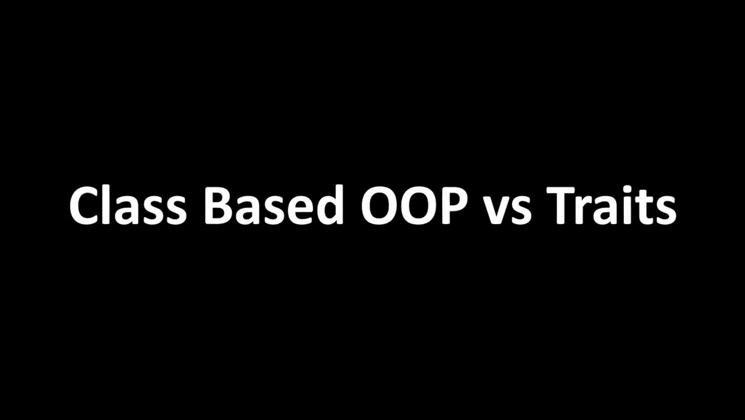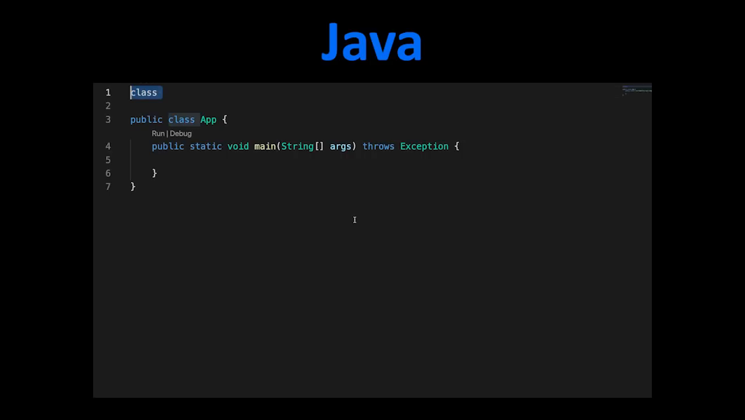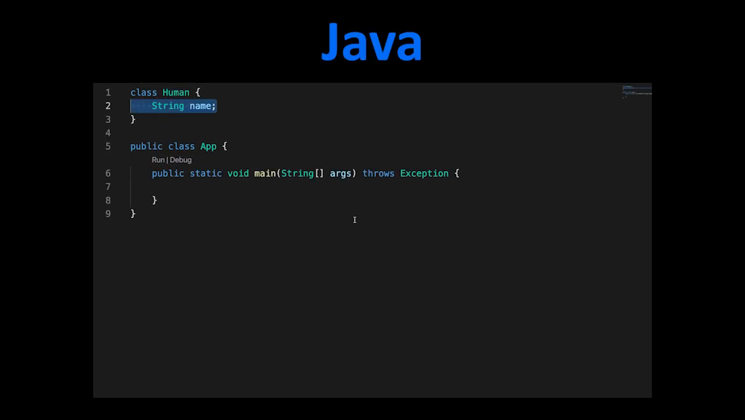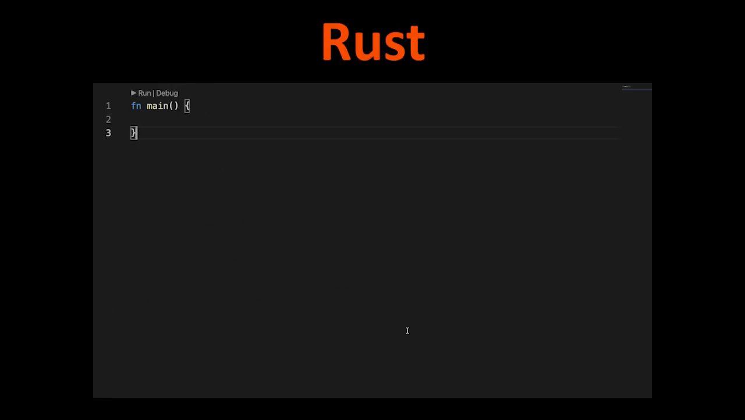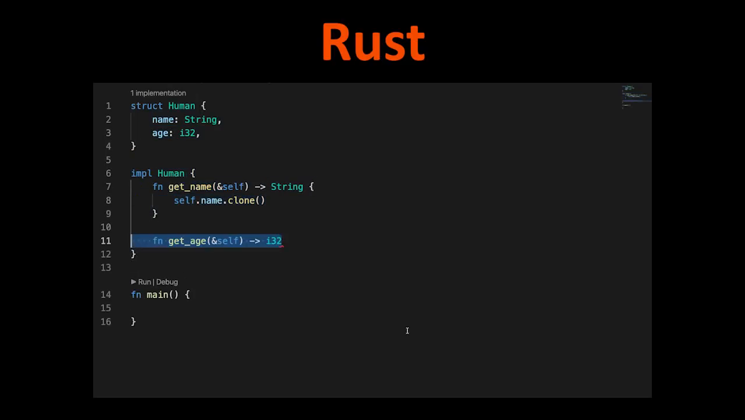In today's video, we'll be comparing class-based object-oriented programming as implemented in Java with the trait system in Rust. In object-oriented programming, we use objects to group data and procedures that operate on that data. In Java, classes are used to store data in the form of class variables and procedures in the form of class methods. In Rust, structs and enums are used to store data, and implementation blocks are used to store functionality